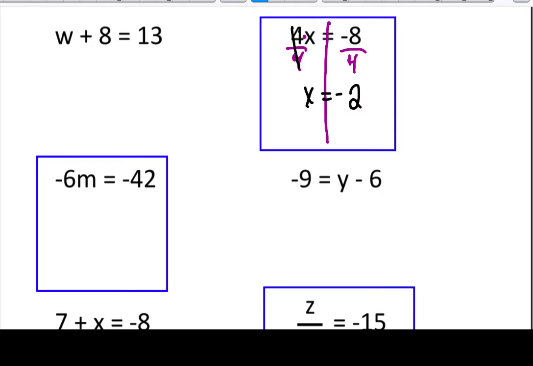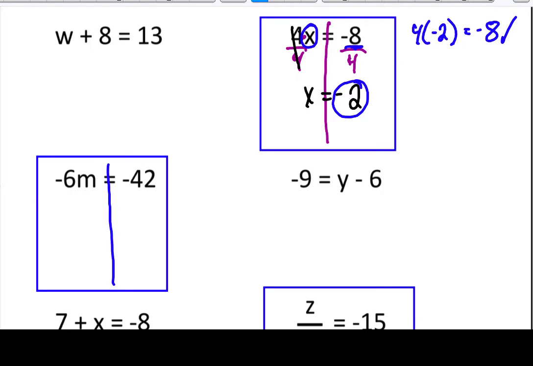To do my check, I'm going to plug my -2 into the equation for x. So 4 times -2. Well, 4 times -2 really is -8, which is what I wanted. So I know I did it correctly. Next one,